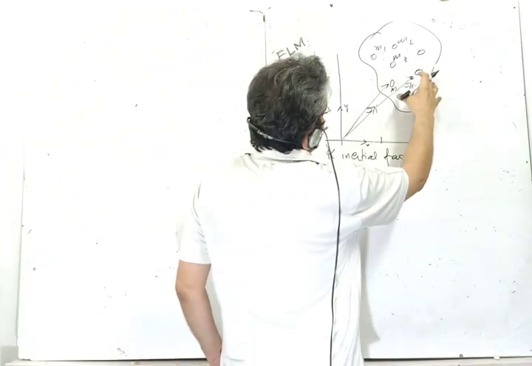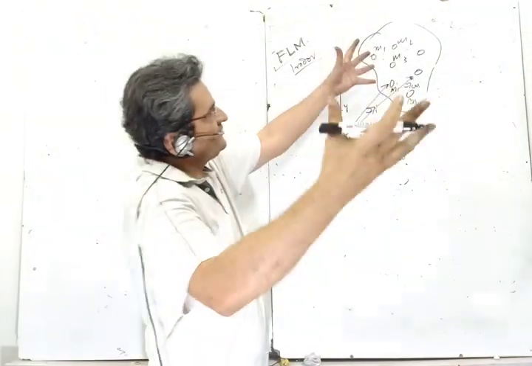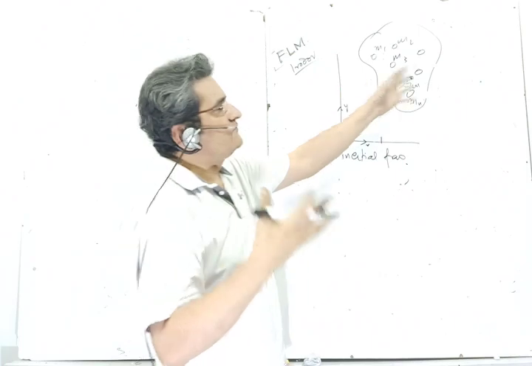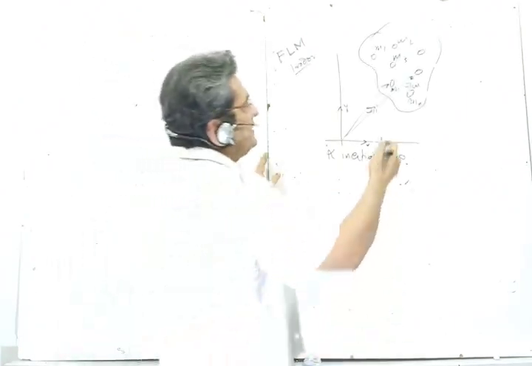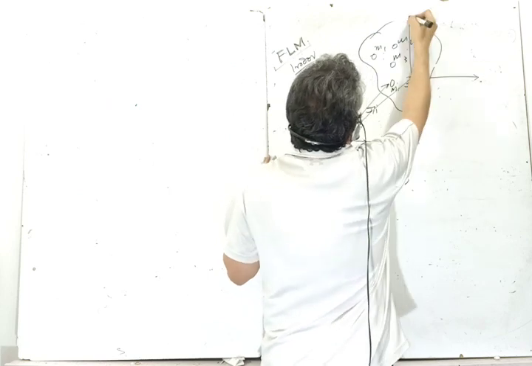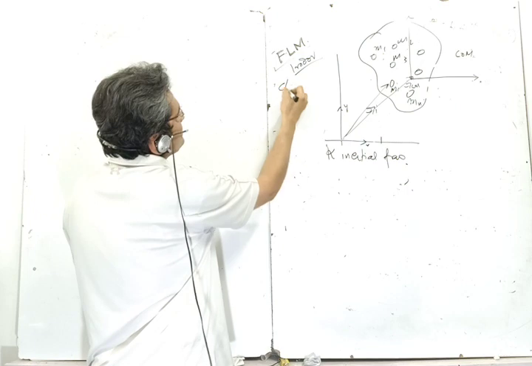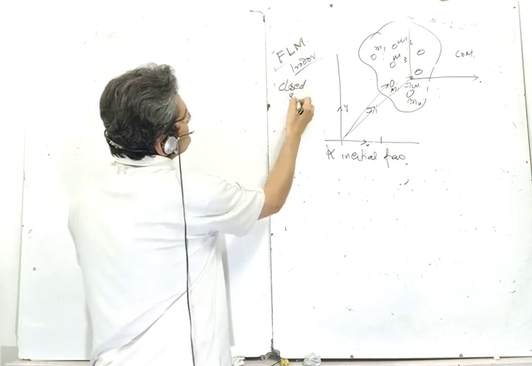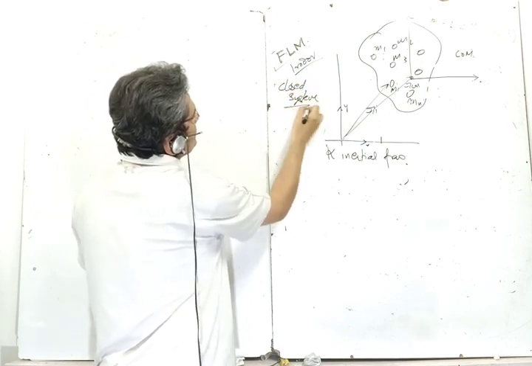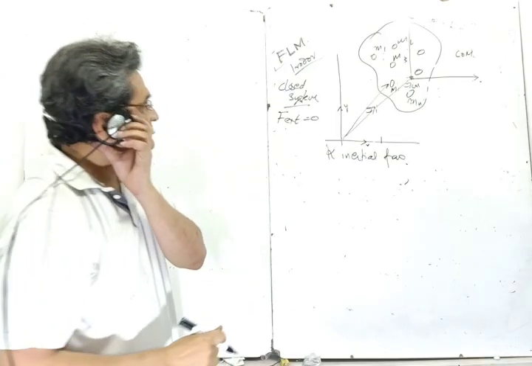Now let me say that the center of mass of these masses lies at some point which is R center of mass. And let me now fix a frame to this. And this is my center of mass frame, and it is a closed system. Means there is no external force on this system of masses.